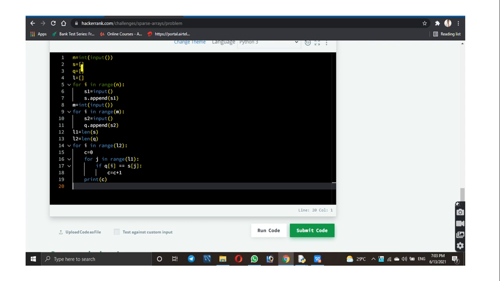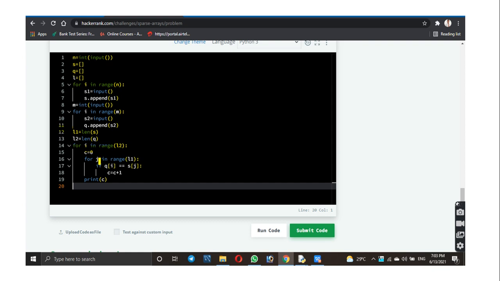We have found the lengths of the lists S and Q, and after that I have used a for loop over the length of S. So I have taken the first loop, and I have declared variable c equal to 0.